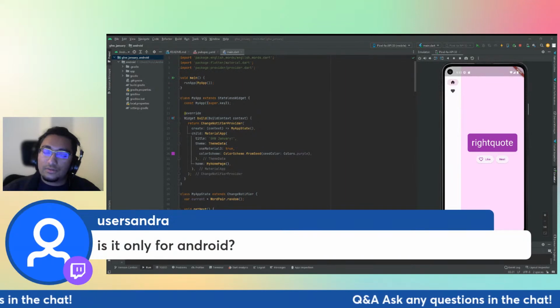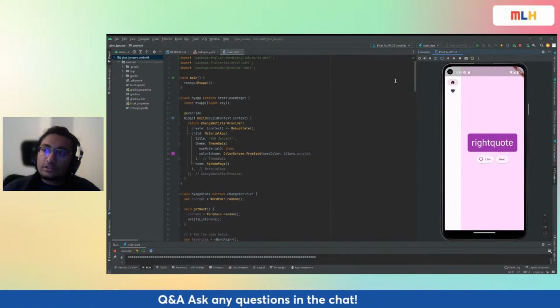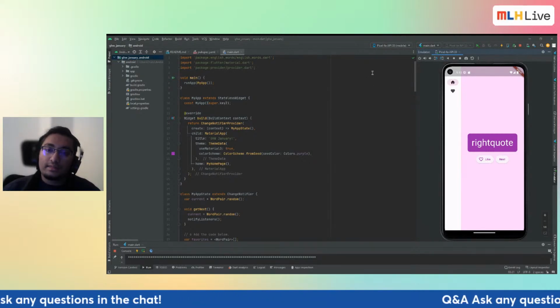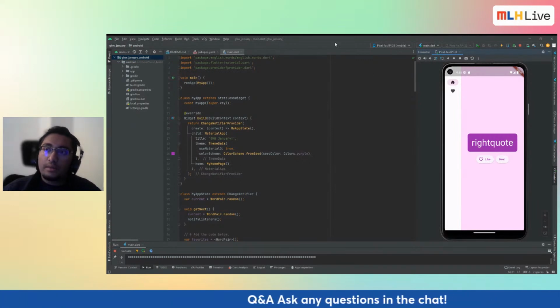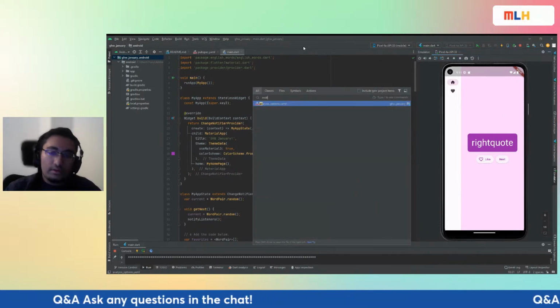Is it only for Android? Yeah, this is for Android. What we're using is Android Studio. The reason for that is that it has a lot of stuff for Flutter pre-built in. And also we have our Android emulator that we're using. So if I